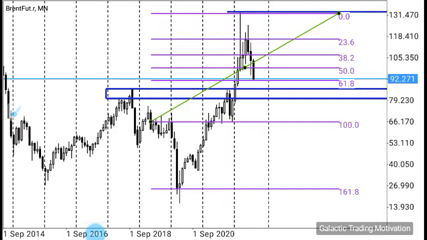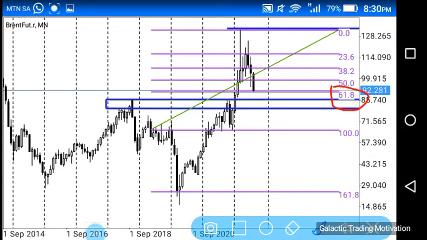So can you guys see that currently price is about to test the 61.8% level on the Fibonacci retracement tool? Ideally, I would have loved the neckline to be in alignment with the 50% or the 61.8% Fibonacci retracement zone, right? Zones rather. Yeah, so as I said, currently price seems to be heading towards the 61.8% zone, and we might get a